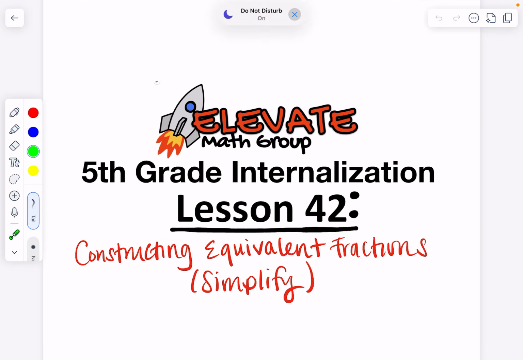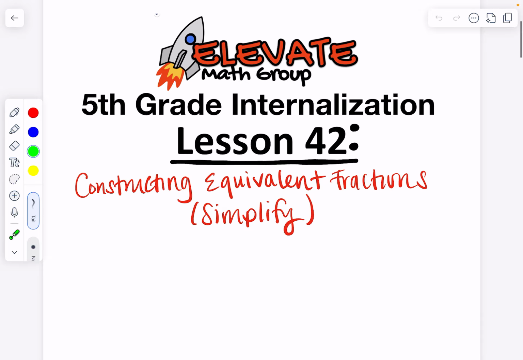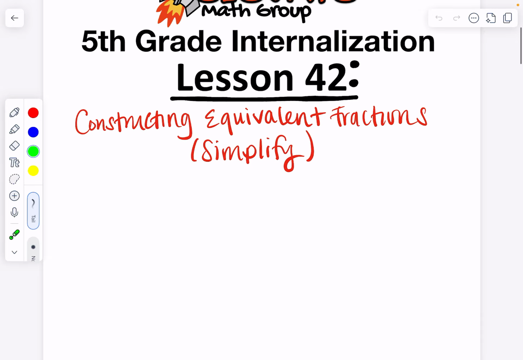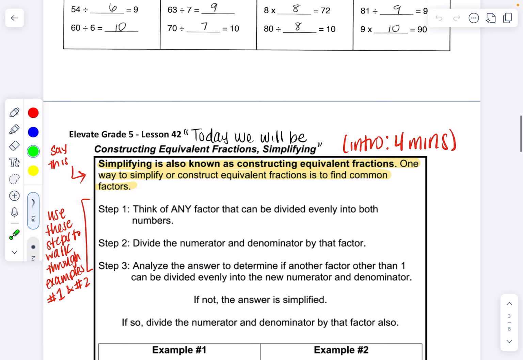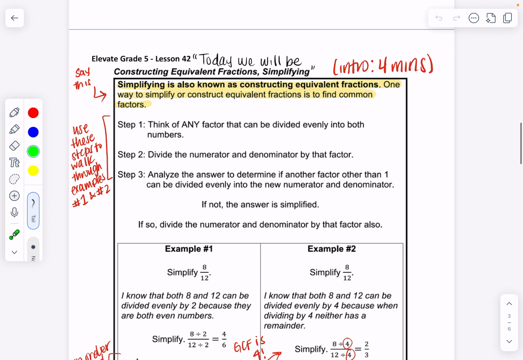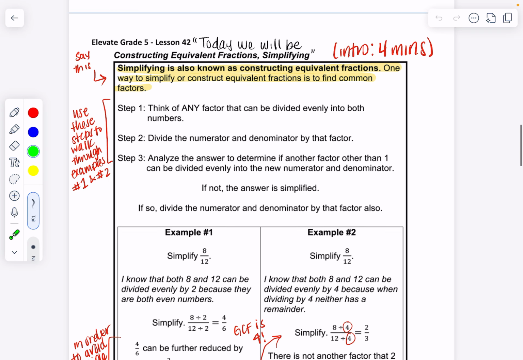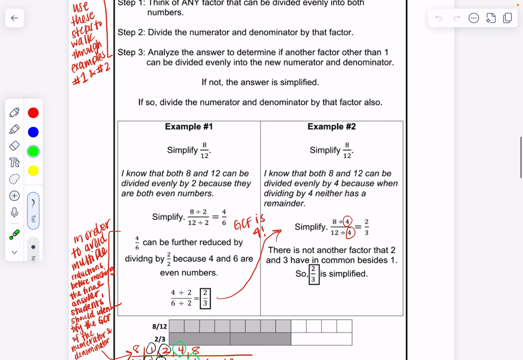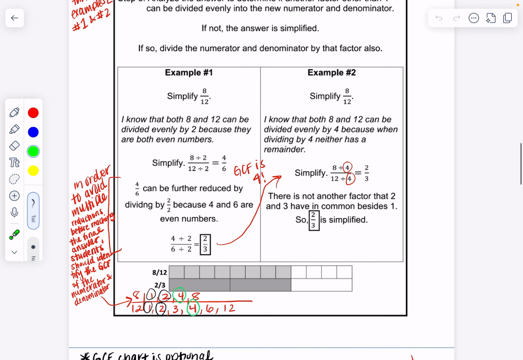Hi everyone. So yesterday in our 5th grade Elevate group, students learned to understand equivalent fractions using multiplication. Today students are doing the same thing, constructing equivalent fractions, but this time they're using division to simplify. And so the lesson is similar to yesterday. However, in order for them to simplify, they have to understand that they are needing to identify the greatest common